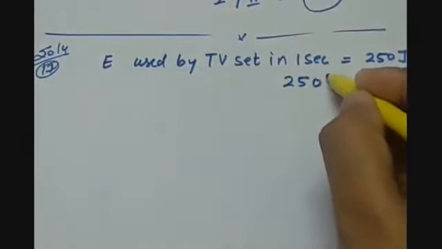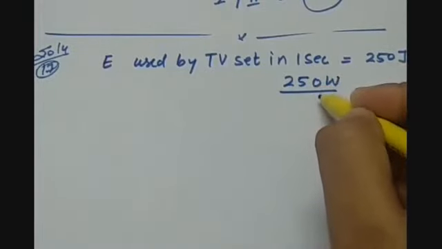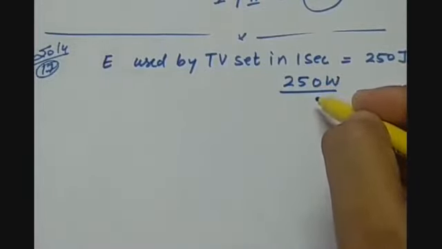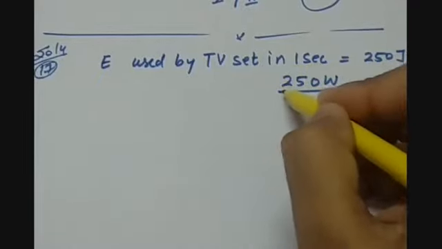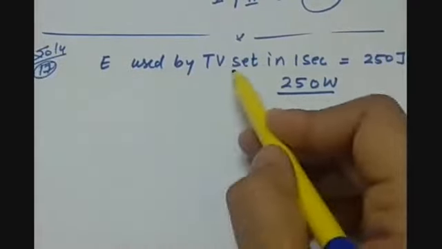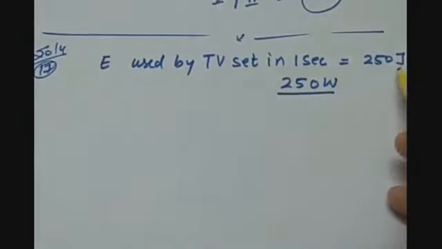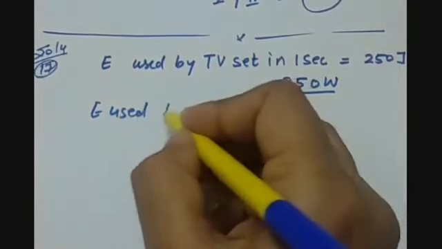watt, which is the rating of the electrical appliances. That means this uses this much amount of energy in 1 second. So we can write it as energy used by TV set in 1 second as 250 joules. So energy used by TV set